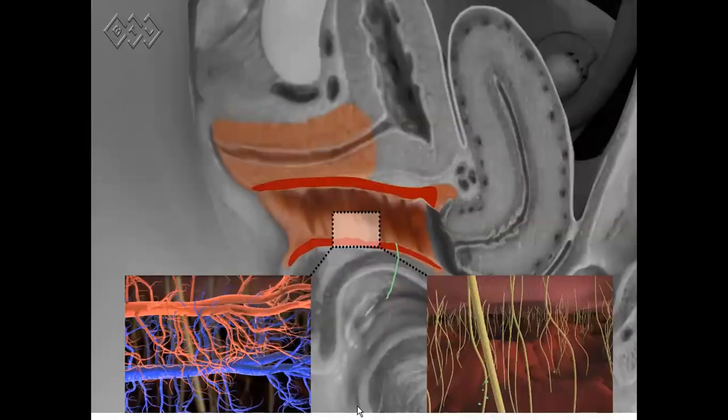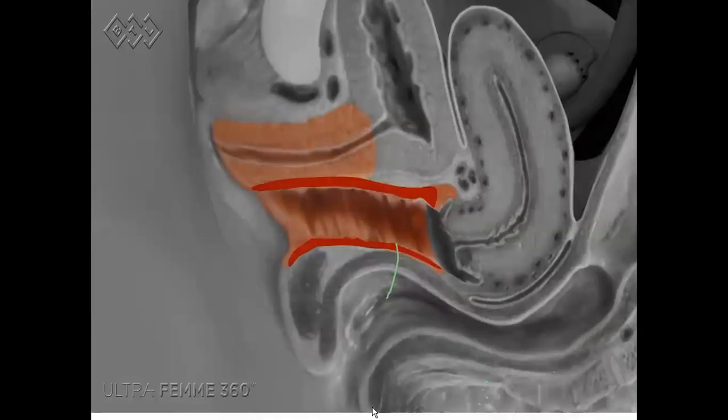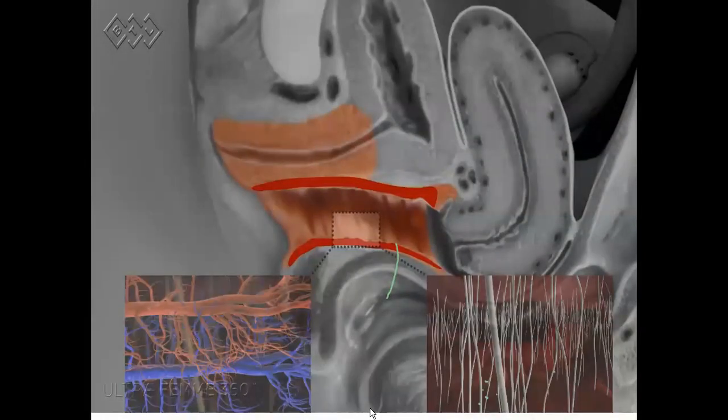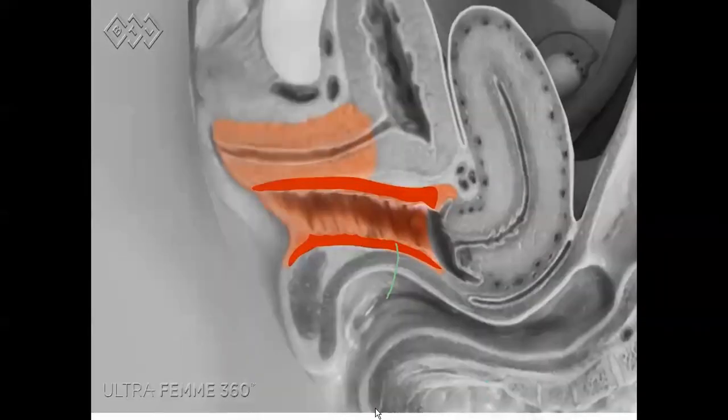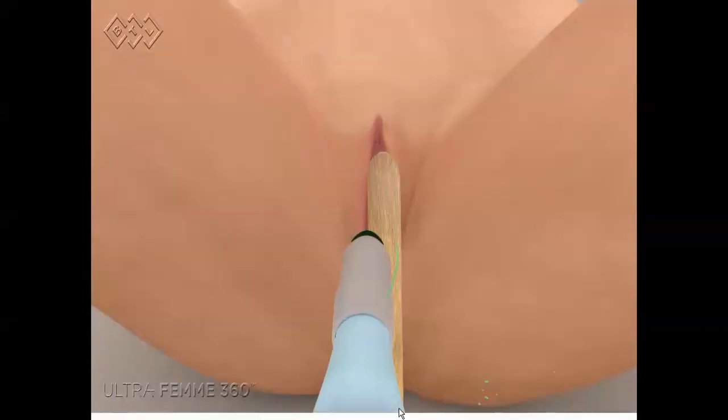And the nerves also proliferate. When the nerves proliferate, there's more sensation. And thereafter, with time, the thickness of the vaginal wall increases. If the thickness increases, what happens to the diameter? The diameter diminishes. And you can change the probe.